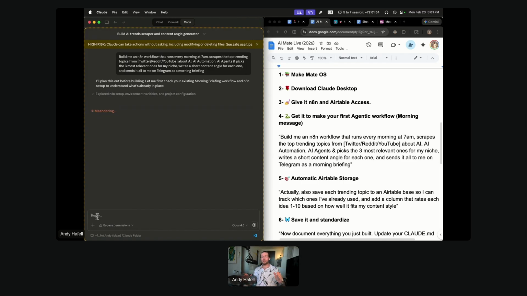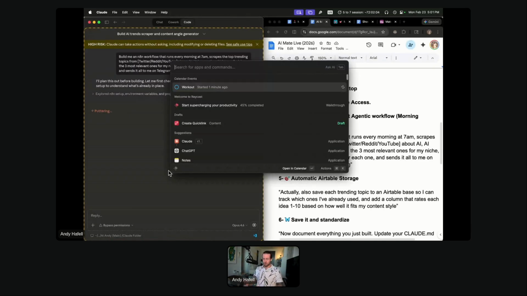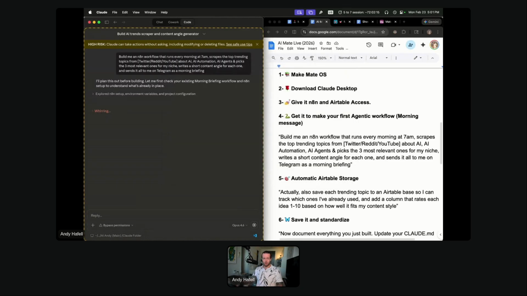Do not share keys with me in the chat. The safe way to do it is to have a .env file that has all of your keys. So I'm going to show you mine right now. However, I'm going to blur out a bunch of stuff, so let me just do that real quick.